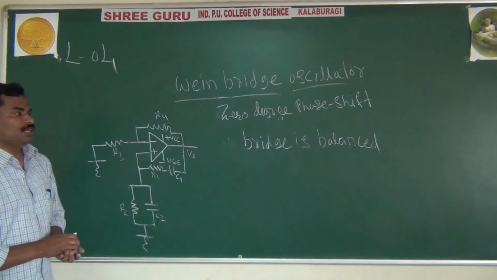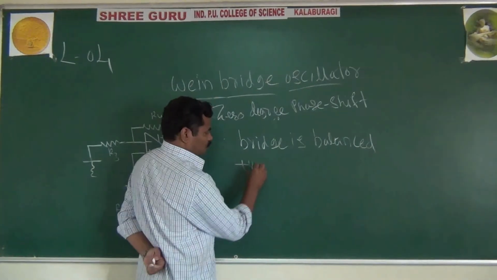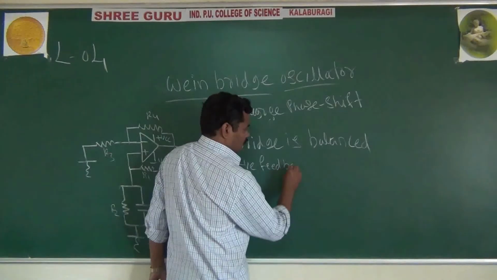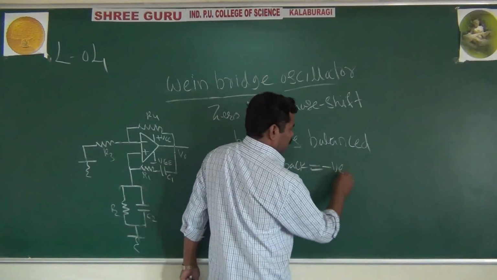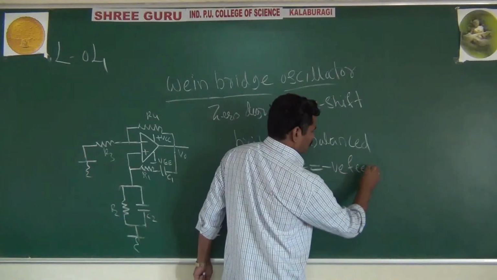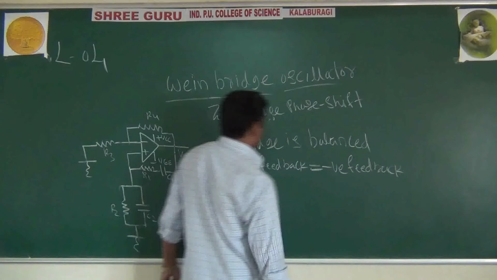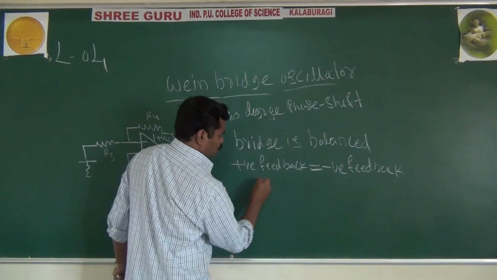And when the bridge is balanced, then the positive feedback is equal to negative feedback. The positive feedback is equal to negative feedback, and also whenever the bridge is balanced, we have